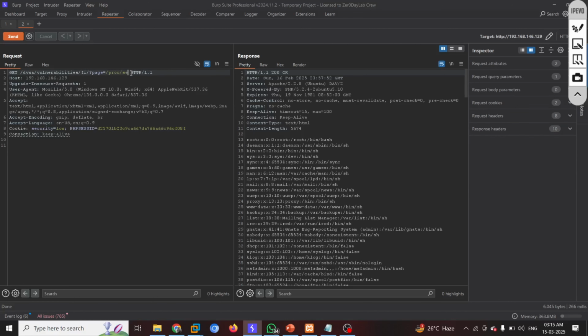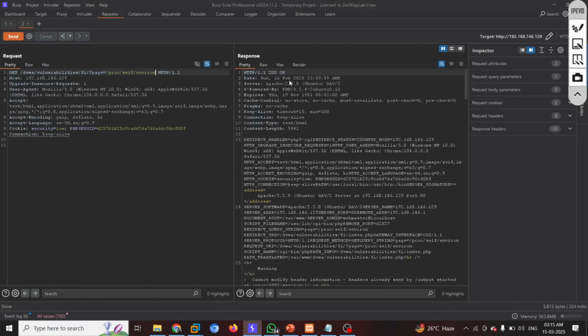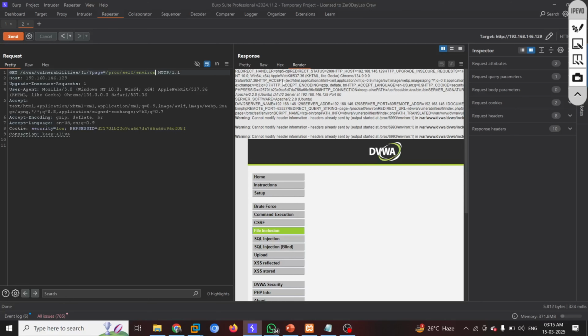proc self environment. We'll see. Okay, they can see we have the details over here, right? We are getting the user. You can see redirect handler, user status code, and also HTTP accept. We're getting good details actually, right? Host details and also